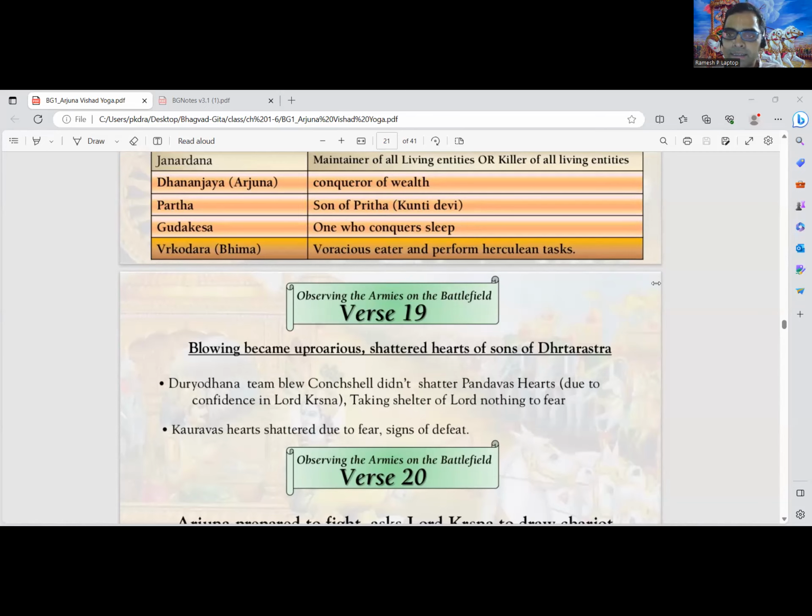Now we'll go to Atmaja Mataji. Hare Krishna Prabhuji. Because Krishna blew a transcendental conch shell, the Kauravas became filled with so much fear. That's the sign of a defeat also. So you are referring to the conch shells. Yes, yes. Hare Krishna Mataji.